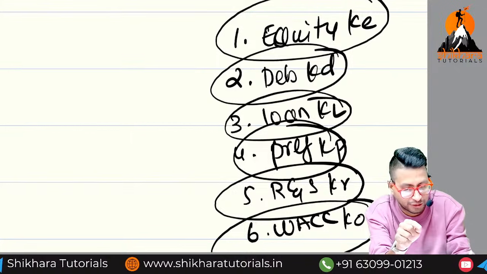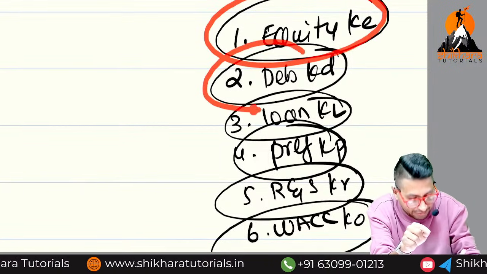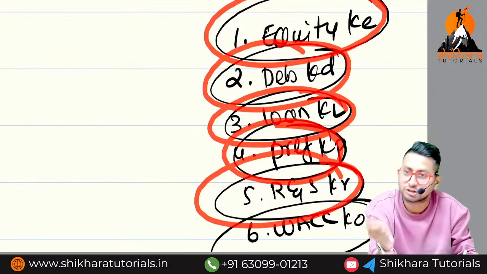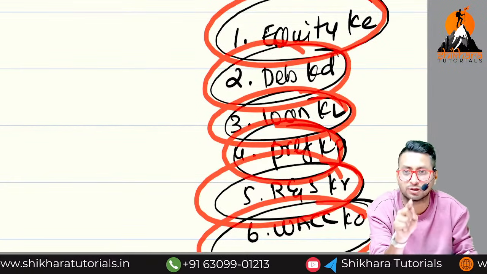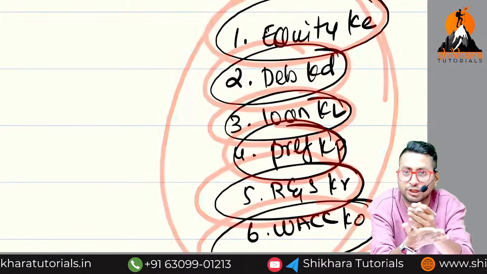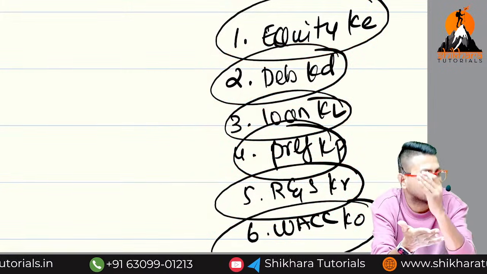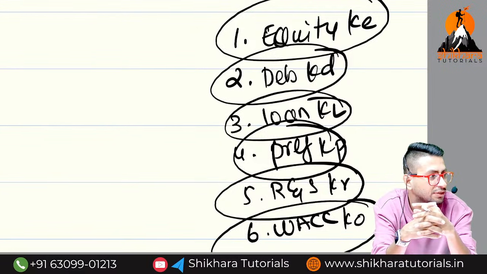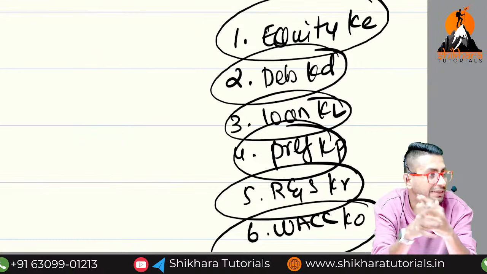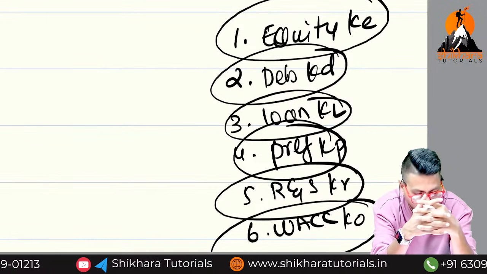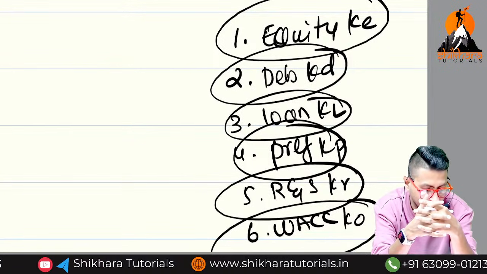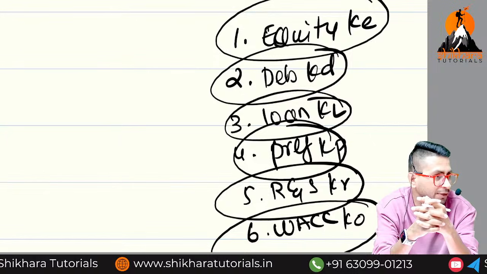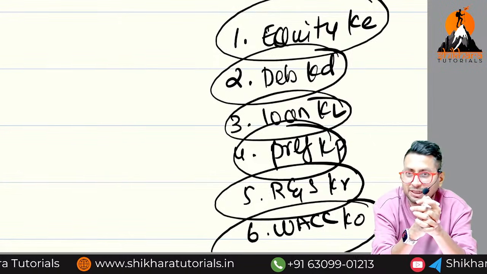For that, we have to first calculate cost of equity, then cost of debt, then cost of loan, cost of preference, opportunity cost of reserves, and overall cost of capital. And whichever option has the least cost, that option we should select. What is the cost of equity? Dividend. Very good. What is the cost of loan? Debenture. Preferentials. Weighted average cost of capital, average. Reserves and surplus.